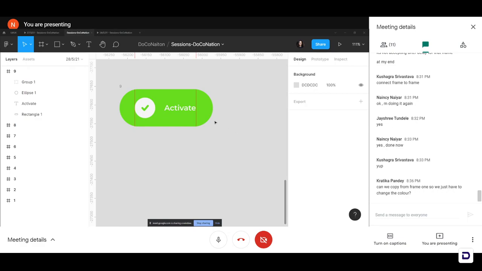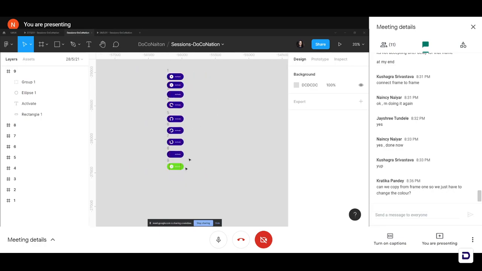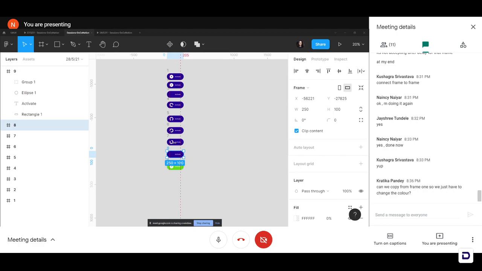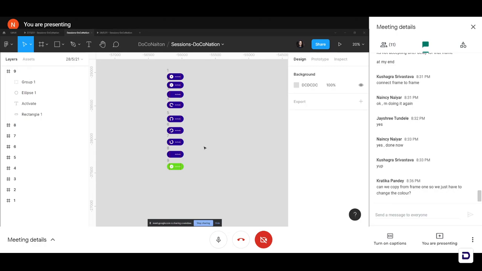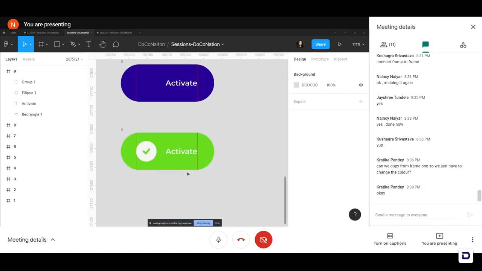Kritika is asking, can we copy from frame 1? So we just have, no, don't do that. So what we're trying to do is that, again, as I said, we want matching layers. And what we've done here in frame 8 is we've achieved the loader animation and we've made it fade away into the background. So we want it to come up the same way as a full circle. So if we copy this one, it might not animate the same way we want it to. Because we want the loader to fade away in the background and then come up, right? So if you simply copy frame 1 or 2, it might just show up as a circle and you won't see the animation smoothly. So make sure that you copy from frame to frame so that the animations are perfect.